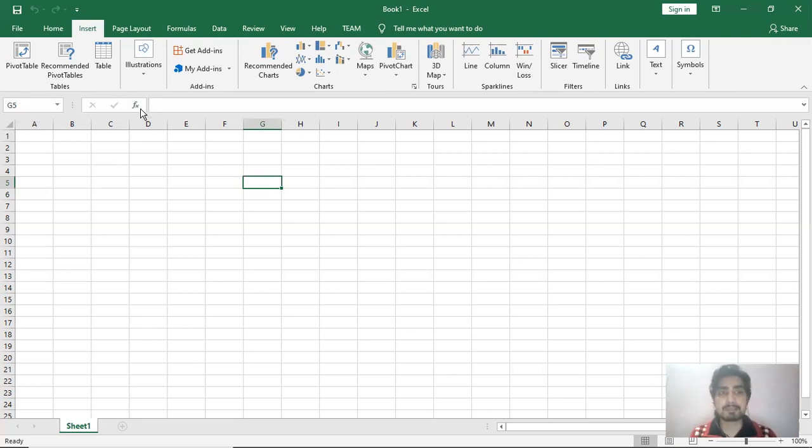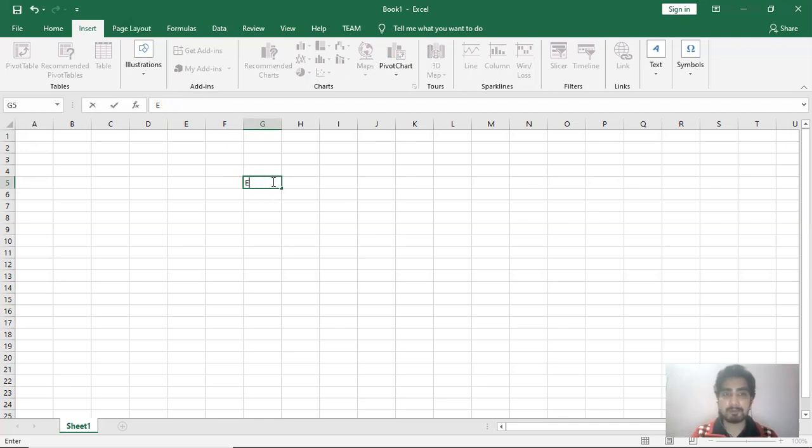On the right side of the Name Box, you can see one more long horizontal text box is provided. This is the formula bar. Now the formula bar displays the formula which you have used in your Excel file. Whatever formula you are typing, the formula bar will display that formula, or else the content of the active cell. For example, suppose in this cell I write Excel. You can see in the formula bar also that is being written. You can even edit the content of a particular cell by clicking on the formula bar.